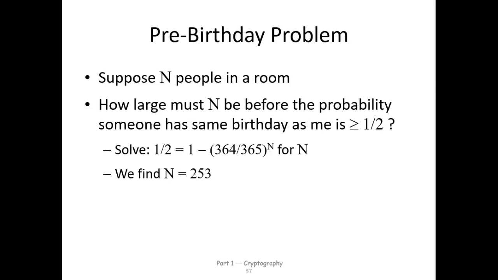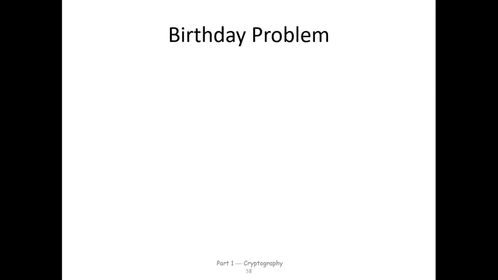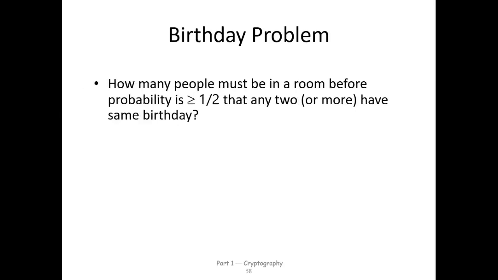We find n equal to 253. Assume that in a room the total number of people is 253. Then the probability that someone has the same birthday as me is more than 1 by 2 with n equal to 253. This is the pre-birthday problem. Continuing: how many people must be in a room before the probability is greater than or equal to 1 by 2 that any two or more have the same birthday? Now the equation is, as in the previous slide